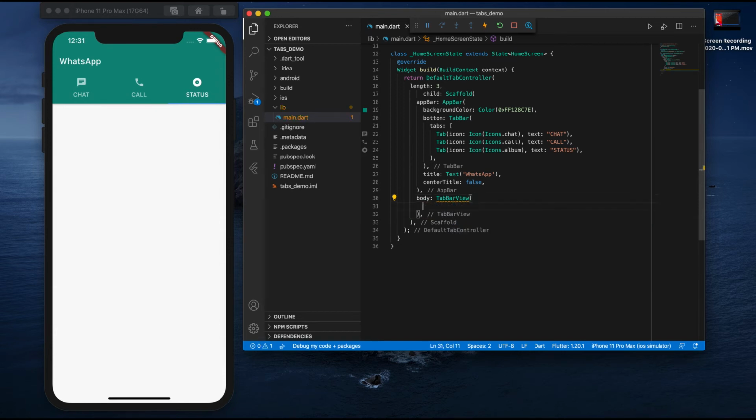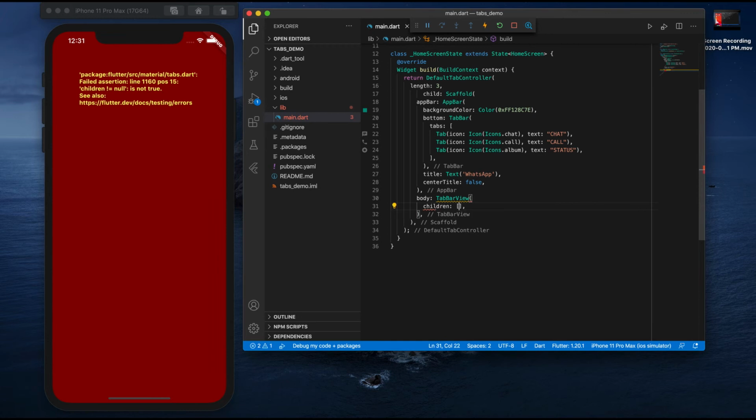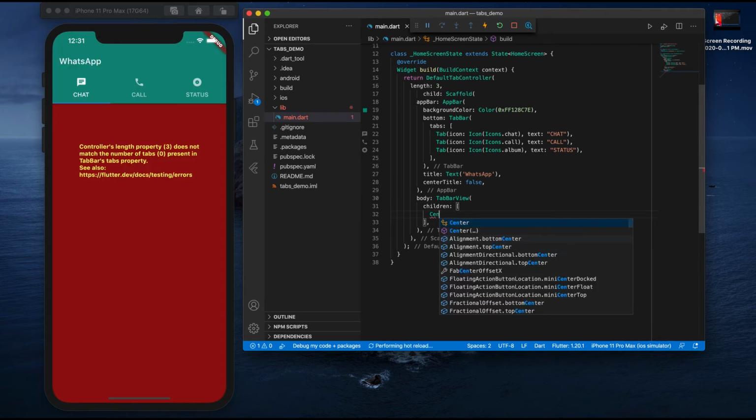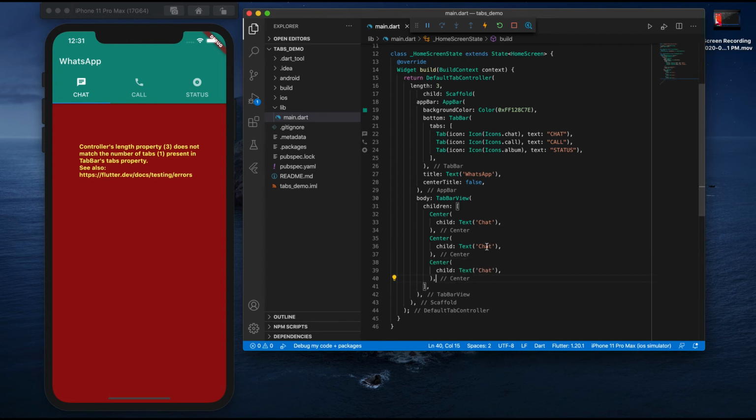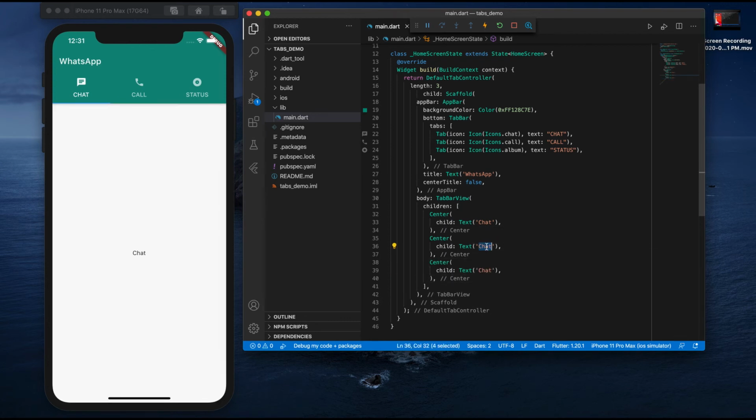So inside tab bar view I need to create 3 different children, and inside center I have a child property, and I'll simply write a text and name it, what is the first one, chat. This is the first one, and I have another two. The first one is chat, second one is call, and third one is